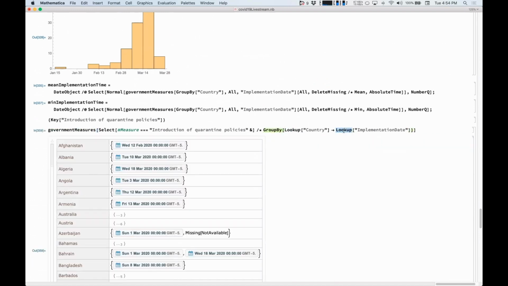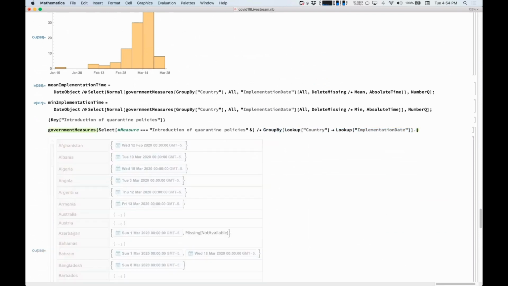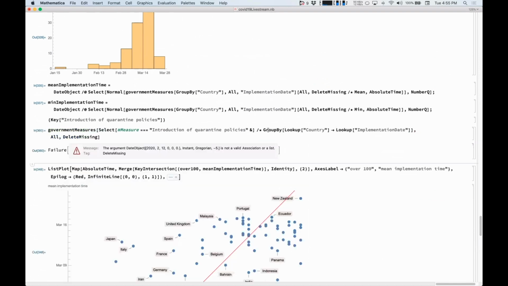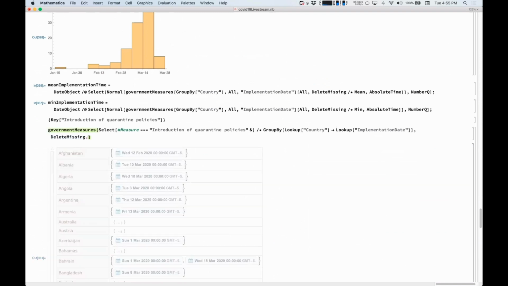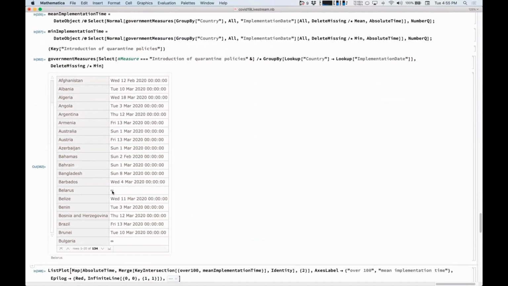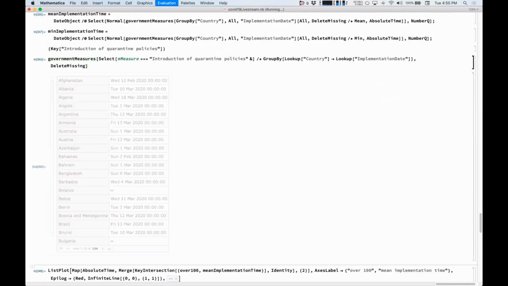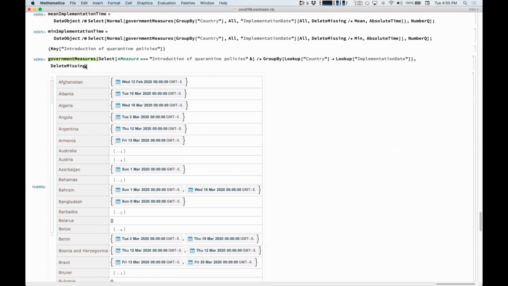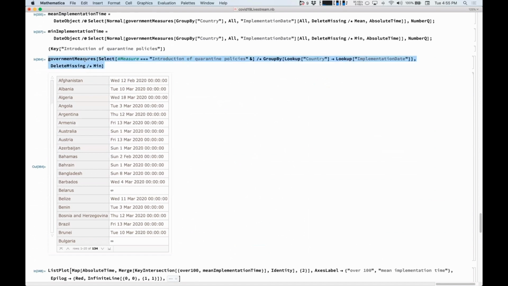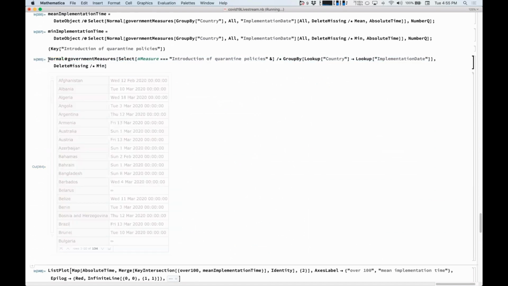Okay, and we'll say okay, so that's the first. So we delete missing, and there's some that are an empty list. So we want to get rid of the countries that never implement quarantine. Well, I don't know. I'll just do min, and then afterward we'll say normal, and we'll say